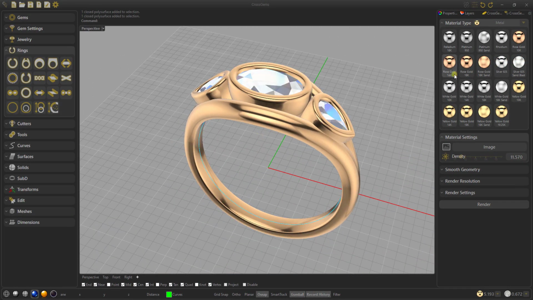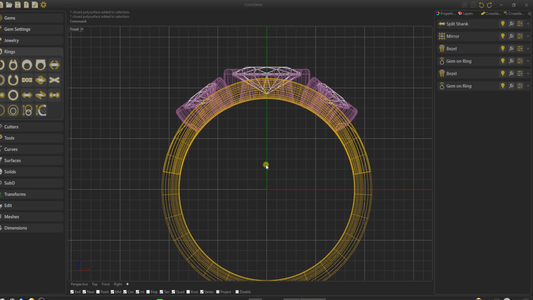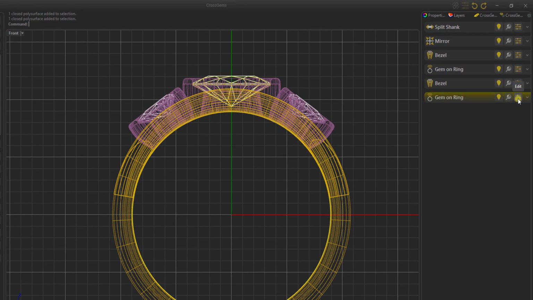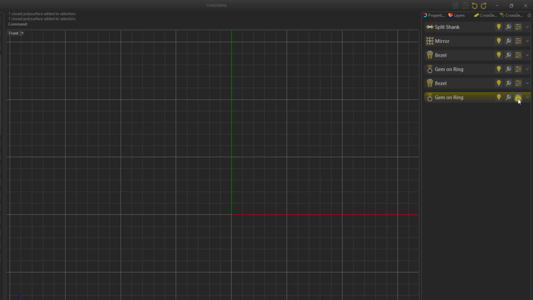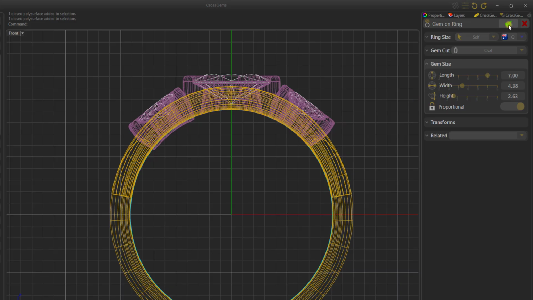And that's it. Now, the great thing with this that I mentioned before is if we change our gem on ring, let's say, to a different ring size, everything's going to adjust. So it's best to explain this in the front view. And you'll see if I click on here to edit my gem on ring, and let's change this to a larger size, size Q. You'll see it'll take a moment and update. And when I click out of it,